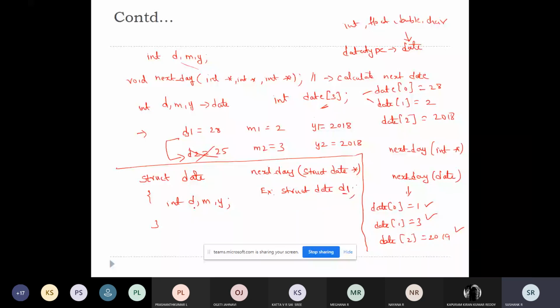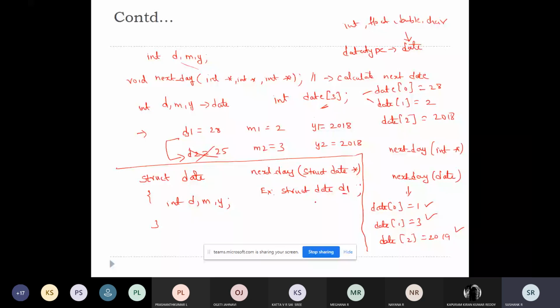So d1 is a variable of type struct date. It is similar to writing int a, where a is a variable of type int. d1 is a variable of type struct date. That is the only thing you just remember: d1 is a variable of type struct date.